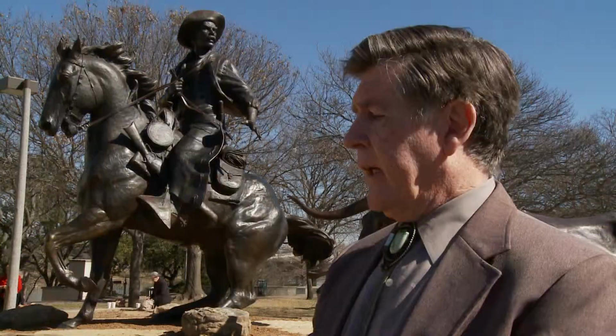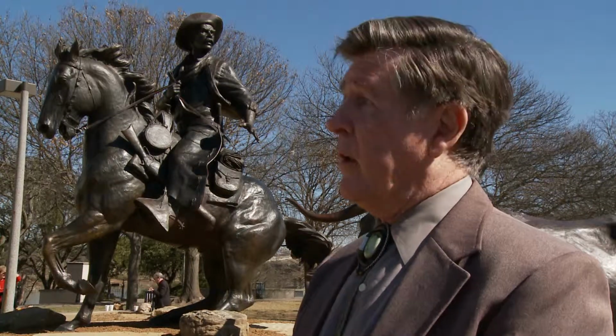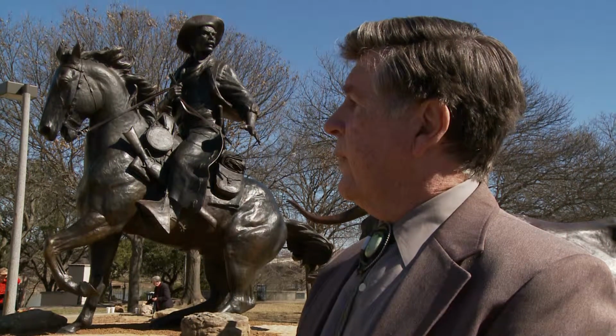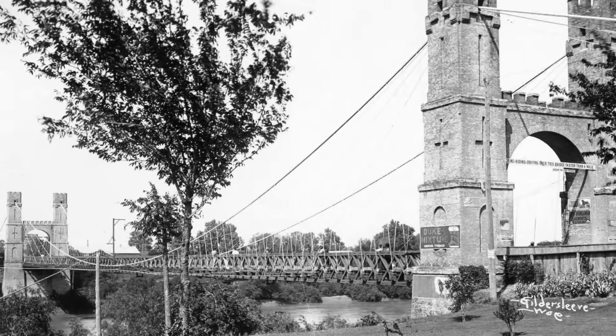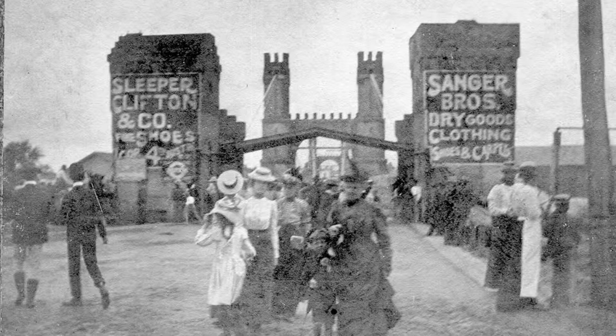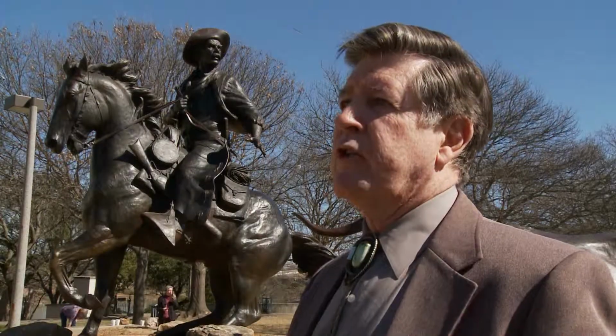Again, this being part of the Chisholm Trail, the Chisholm and the Shawnee Trail, I understand, came through here too, and the Western Trail. And the bridge that was built a few years before that was just basically sitting here because they were waiting on civilization to catch up to them, the railroads and this and that. To get some revenue from the cost of the bridge, get some of the revenue back in the coffers of the city, they elected to make it a toll bridge, and so they would charge a few cents a head,